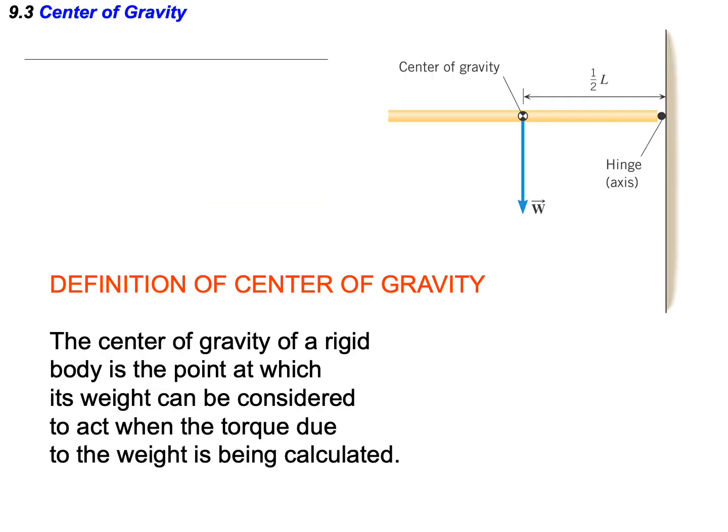Next topic is center of gravity. The center of gravity of a rigid object is the point at which its weight can be considered to act when the torque due to weight is being calculated. Okay, let me give you an example. Let's consider a meter stick. So 1 meter, which is 100 centimeters. Let's say its weight is